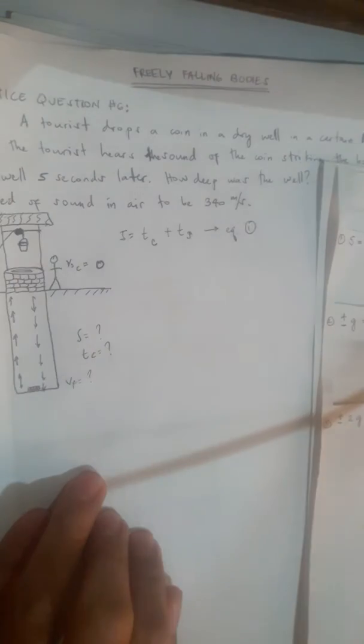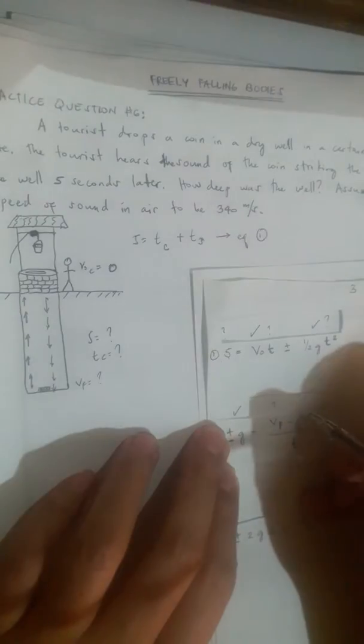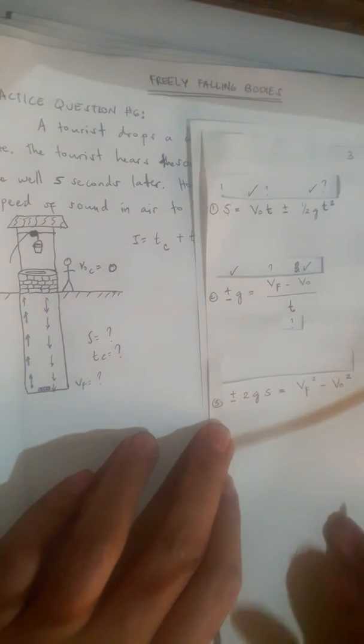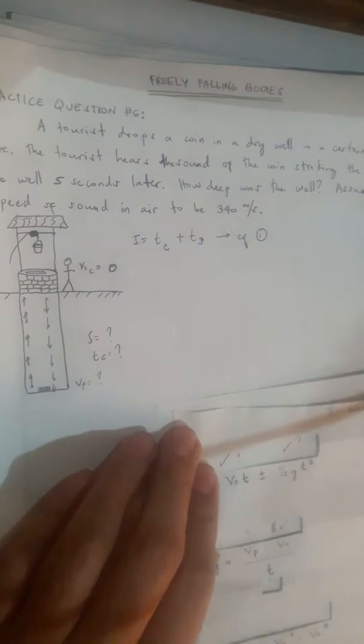Alright. Oh, ang daming unknown. Okay. Isa-isa. So, yung S is nawawala. V0t, wala. V0 is meron. Check. Time is nawawala. G is meron. Time is wala. Let's see the other one. G is meron. V final wala. V0 is meron. And the time is nawawala. Maraming unknown. Okay. So, since time yung kailangan natin,